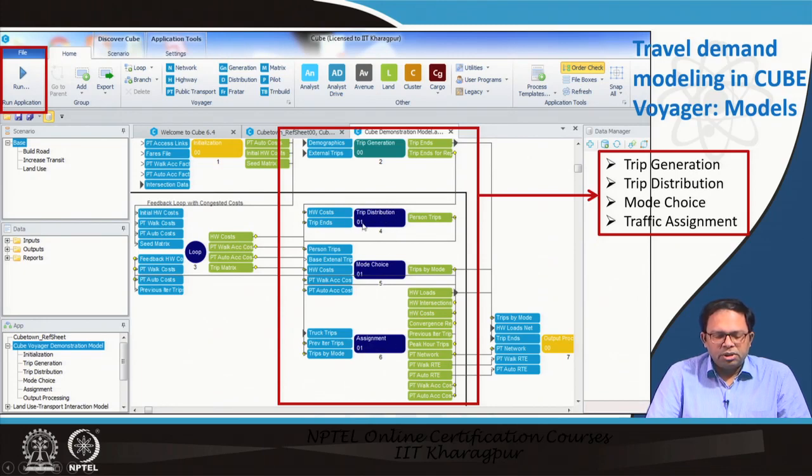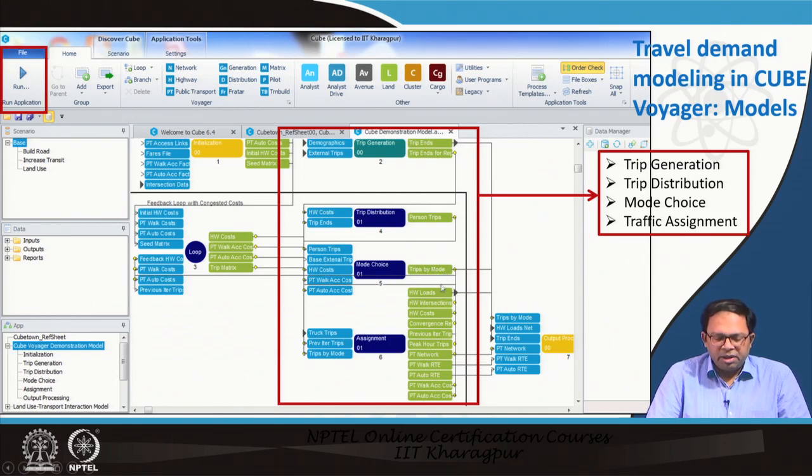In trip distribution, we have the cost of the passenger highway network, and the trip ends we also get, and using these 2 things we can actually distribute the trips. Finally, whatever matrix is generated at the end, this trip matrix, goes as input for the mode choice model, from where, using the other data sets, we can have trips by different mode.